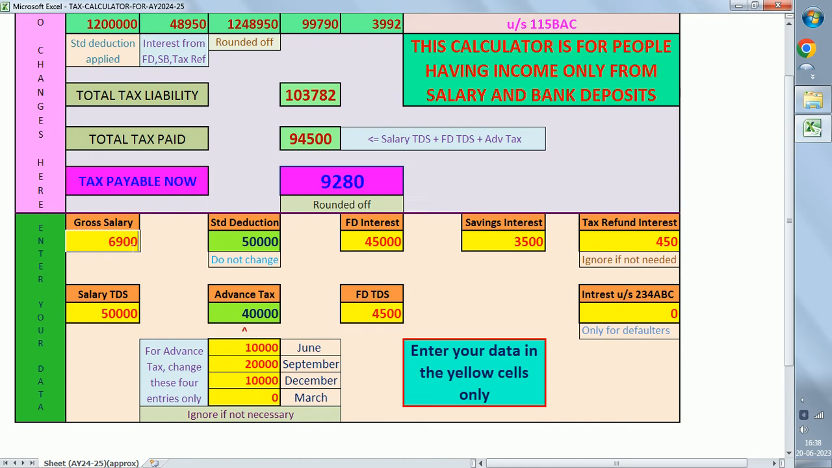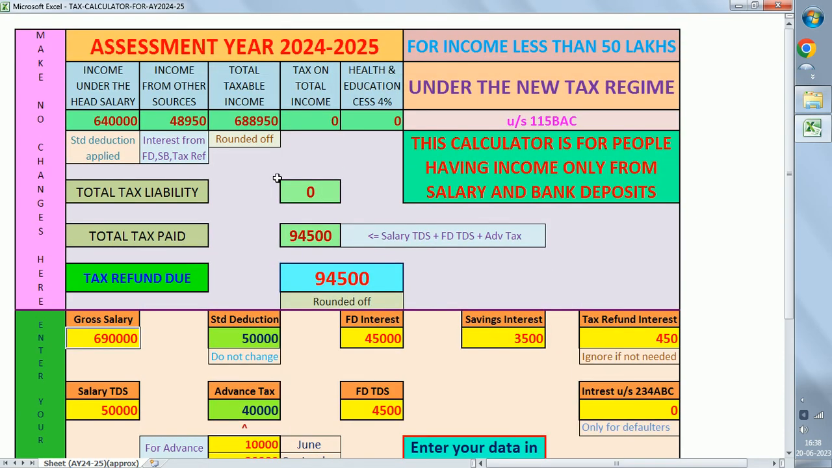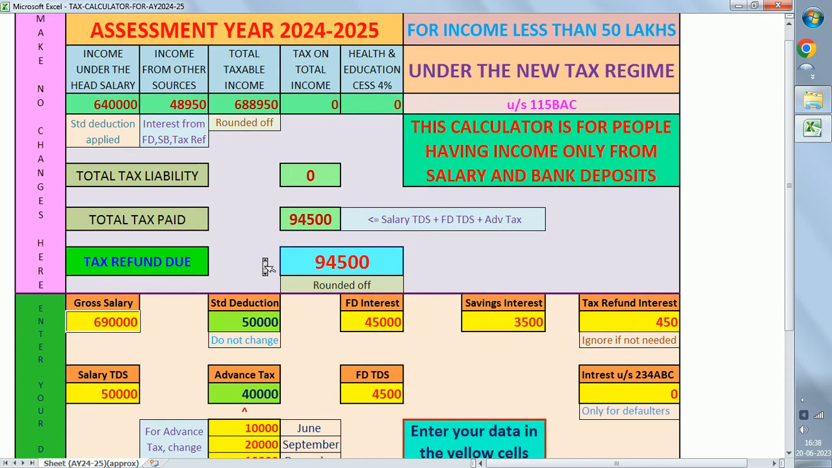In case your salary is say 6,90,000, then you see that you don't have to pay any tax, because next year up to 7 lakh tax rebate is available. So all these things will be taken into account here. So use it and see